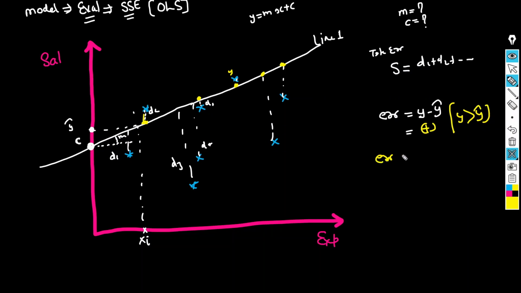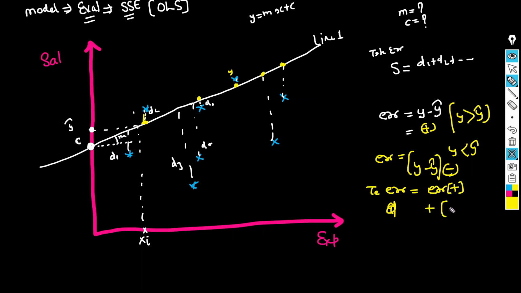But the error, all the points which are below this particular line will have y less than y hat. So in that case, y minus y hat would be negative. So if I calculate the total error, all the errors of the points above would be positive, plus all the errors of the points below would be negative. So plus and minus would cancel out, and in that case we will not be able to get the correct total error. So how can we get this?